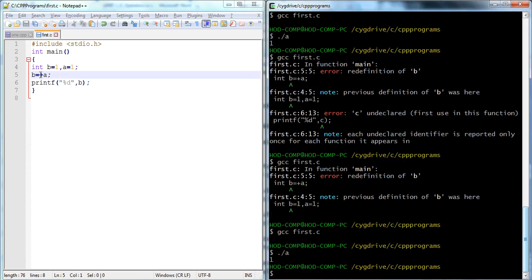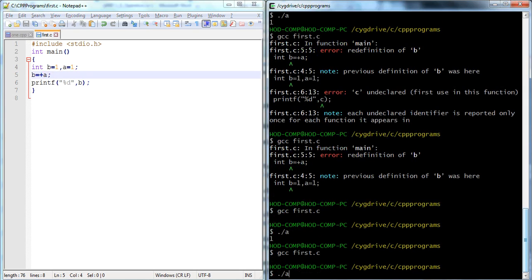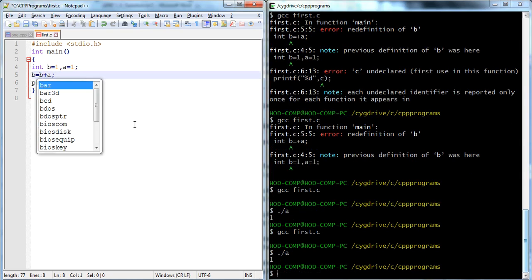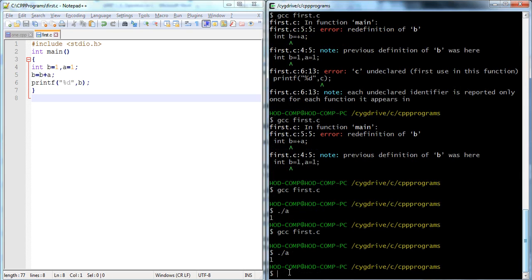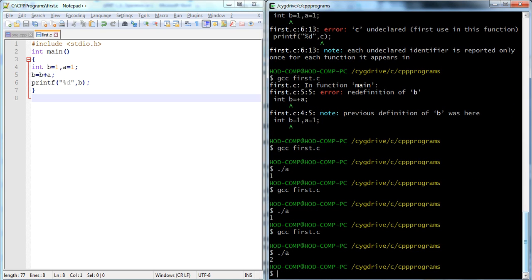Because it's B plus 1 plus 1, it needs to print 1, but we need to run it again. Maybe not saved properly. Okay, why is it printing B. Okay. Save, then again run it, prints a 2.